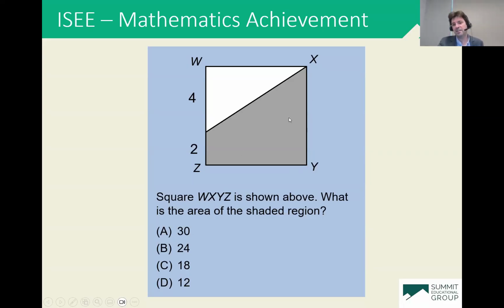But really, the way to solve this is, well, if I find the area of the square, which I know how to do, and I remember how to find the area of a triangle, if I subtract the area of the triangle from the entire area of the square, I'm going to be left with the shaded region. And that's what I mean by a little bit more critical thinking and problem-solving ability. How well do students react to questions that they might not typically see?